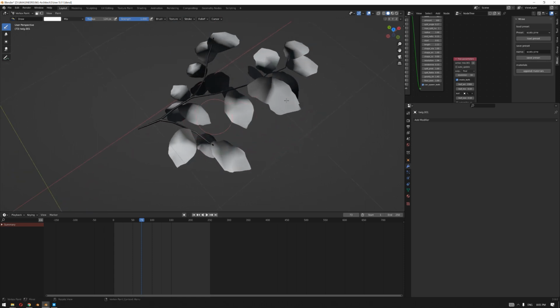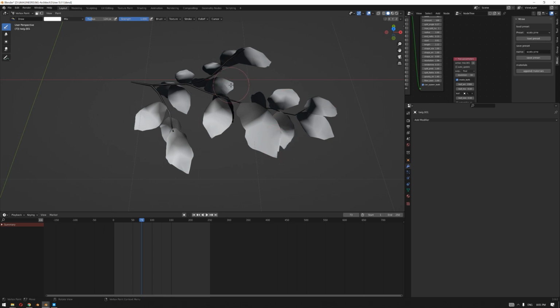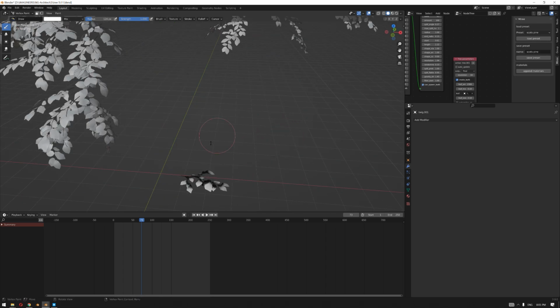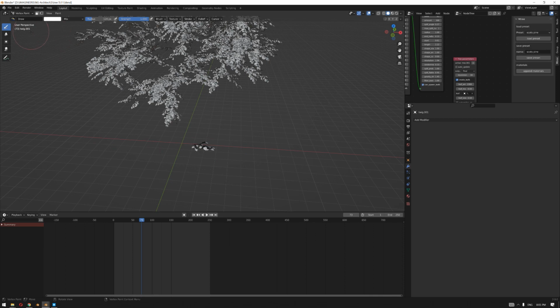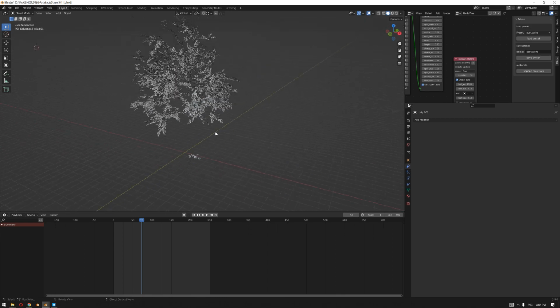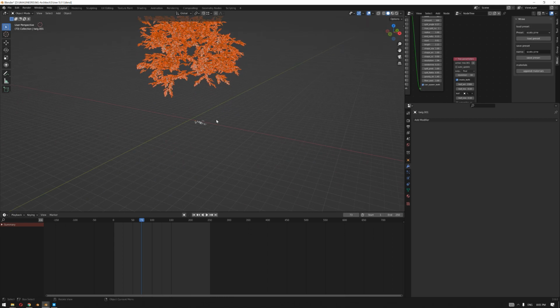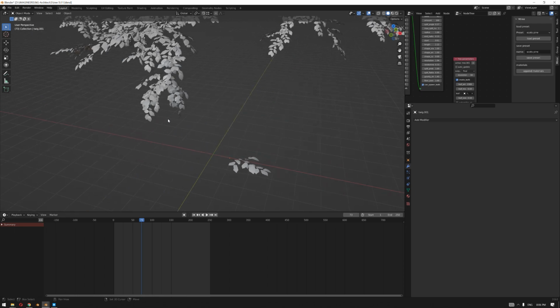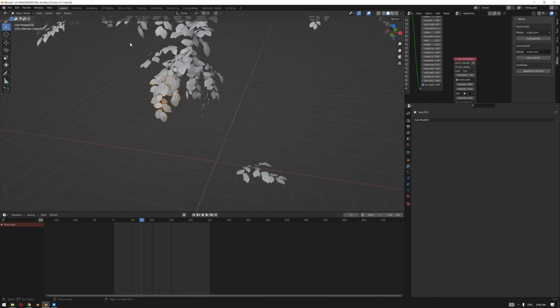So now that we have finished most of them, the next step is we need to translate this vertex color to the other branches that we have created. To do that, let's go into object mode and select all, deselect the branch that we have added the vertex color to, then select it back in, and then Control L and choose link object data, and this will basically translate all the data from this branch to the others.